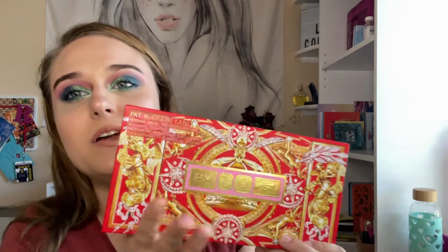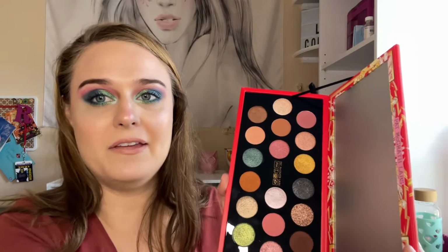This was really good. I highly recommend it. You can really go from colorful to neutral looks with this palette, in every look that you create with it. This is one of the ones that I've used the most, and the Clydos one. This one I really do enjoy. It's really pigmented, so you gotta be careful about the pigmentation with this palette. If you're into neutrals, rosy tones, quick and easy, non-thinkable